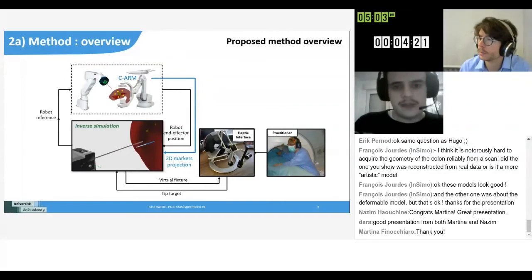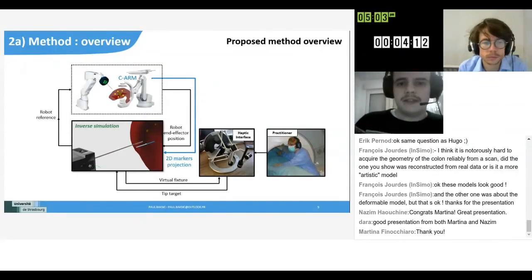What is important to note here is that thanks to this, the practitioner only has to focus on the tip placing, because he's controlling the tip target.